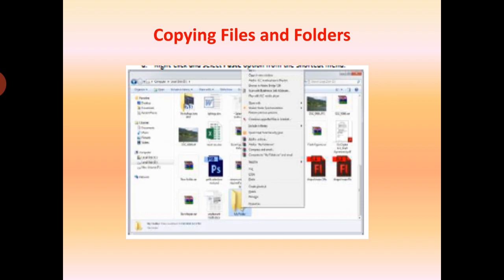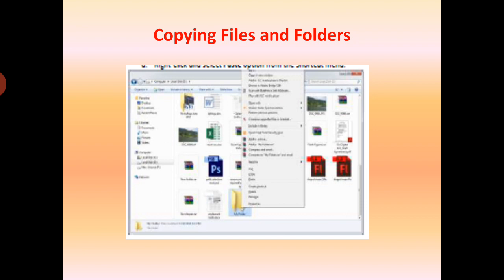Number 1, using shortcut menu. Right click the file or the folder you want to copy. Select copy option from the shortcut menu. Select the drive or the folder where you want to make a copy of the selected file or folder. Right click and select paste from the shortcut menu.